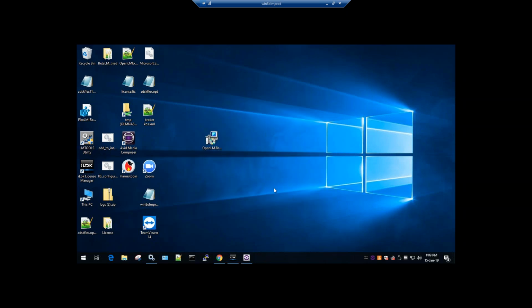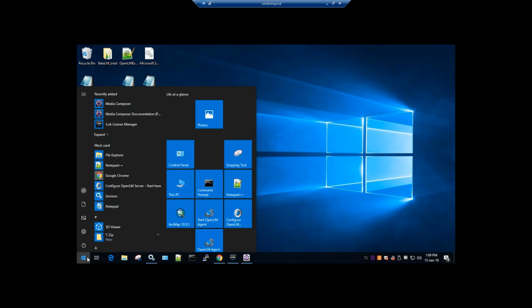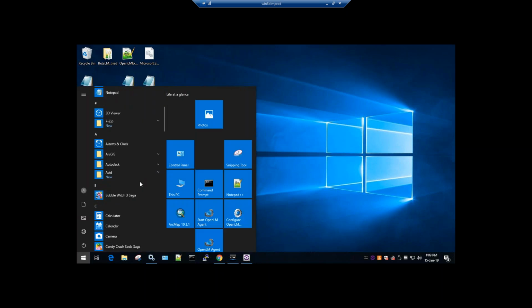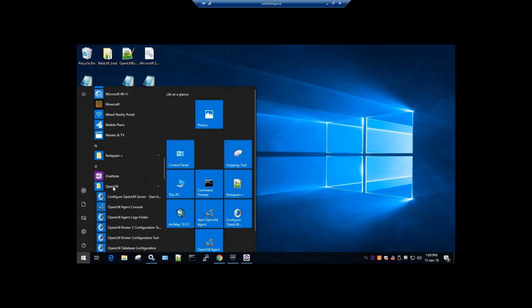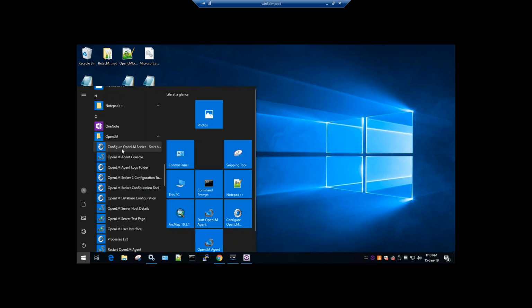So that's it. It's done. What do we need to do now? Well, we installed the broker, but we didn't configure it. So let's configure it. Simply go to your programs, go to OpenLM and OpenLM